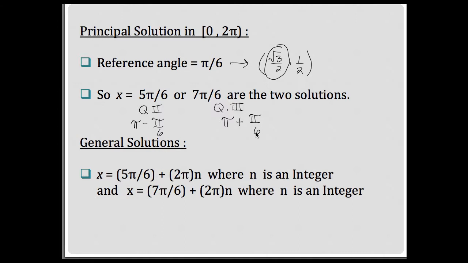So that's why we add to 5 pi over 6, 2 pi, one full circle, times n, where n is an integer. That's really just a counter as to how many times you're flipping around the circle from 5 pi over 6. You would have the same thing over in the third quadrant. Starting at 7 pi over 6, imagine just going around the circle infinitely many times using 7 pi over 6 as your starting point. Now another way you could sort of condense these,